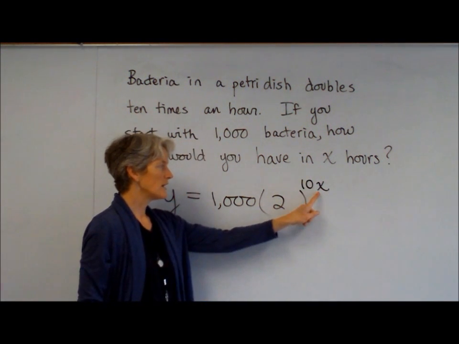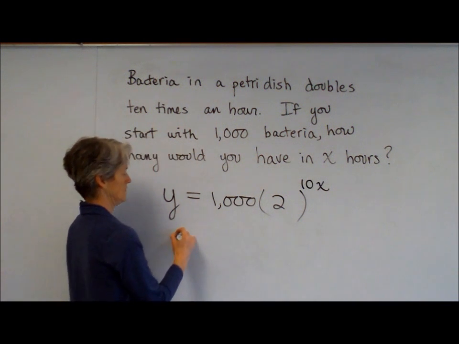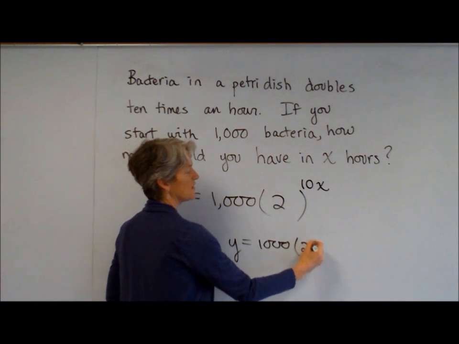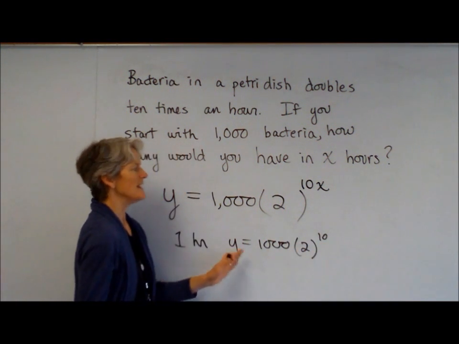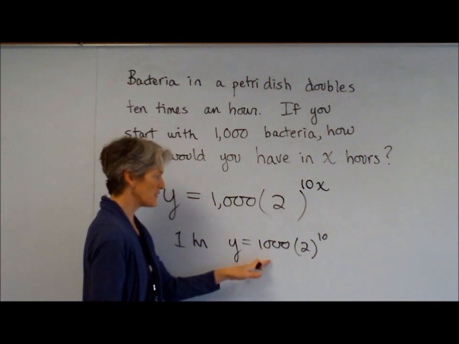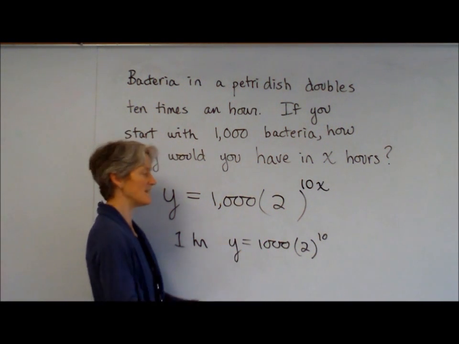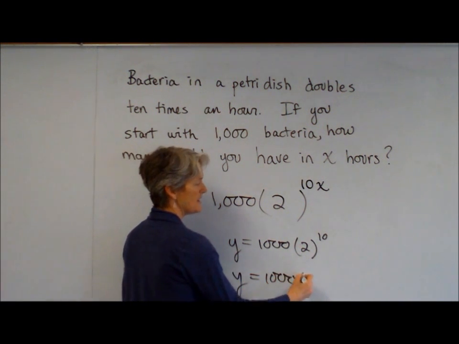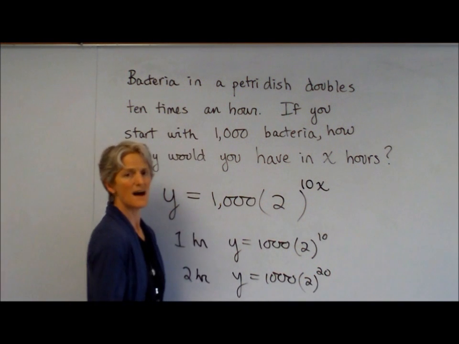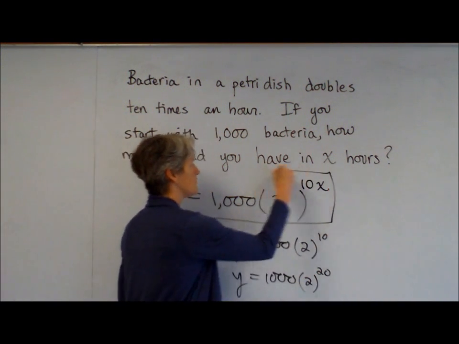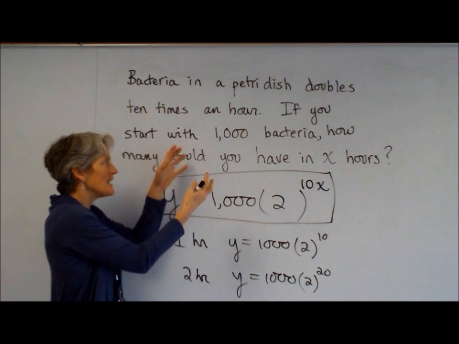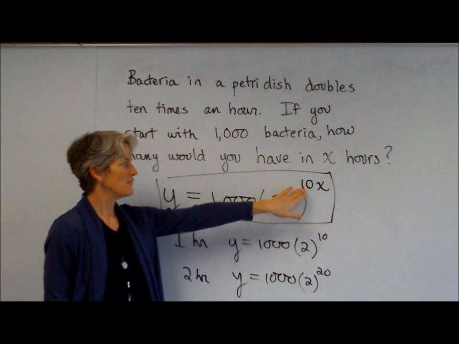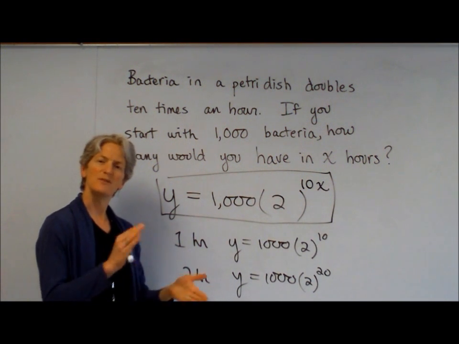So in 1 hour, y equals 1,000 times 2 to the 1 times 10. Yeah, that's what I want. It's going to double 10 times: 1,000 times 2 times 2 times 2 times 2 times 2, 10 times. In 2 hours, I'm going to be doubling it 2 times 10, then 20 times. So yeah, that works. Really, you just need to think through the problem, see how many times you want that thing to be doubling to figure out your exponent. It can be a little tricky, but if you stop and think about it,